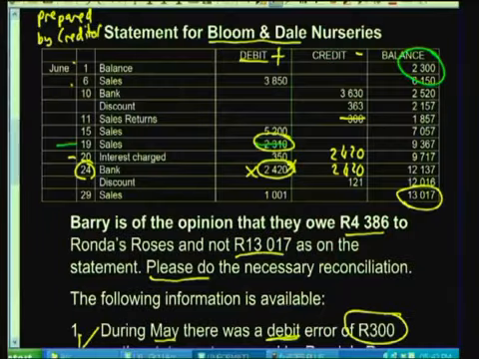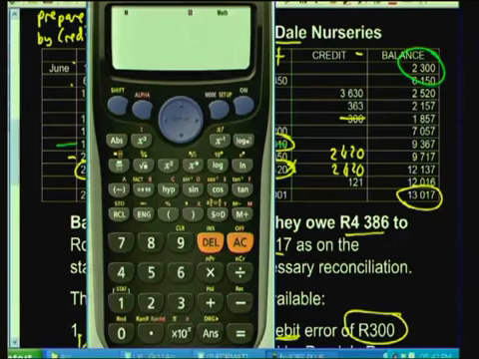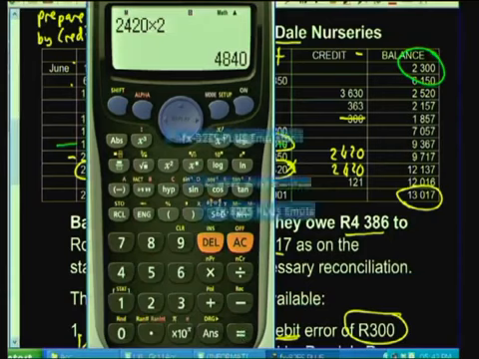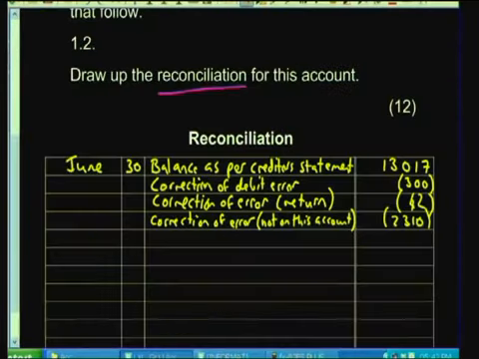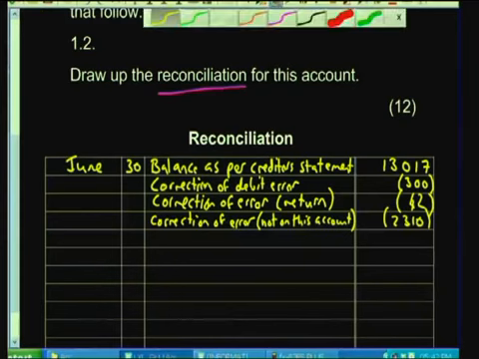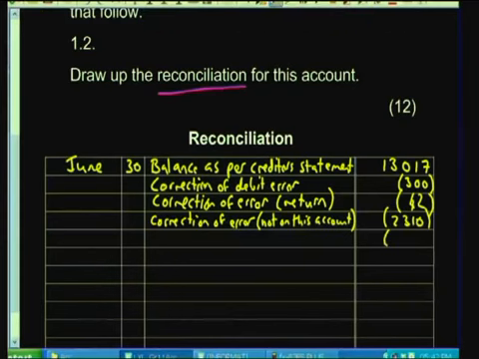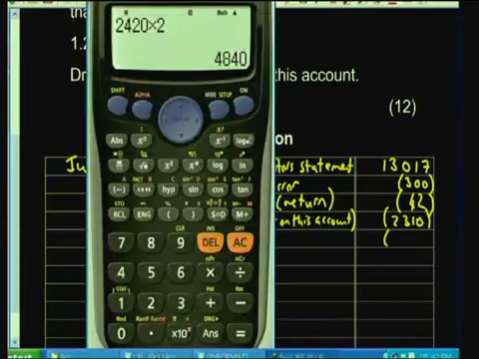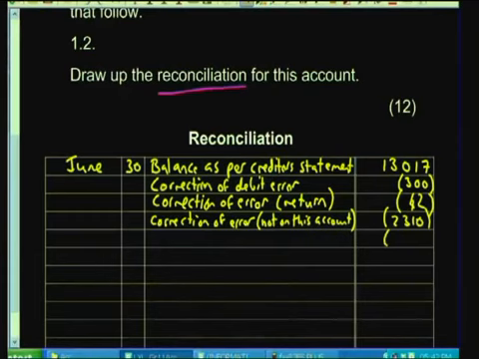When you see something that was recorded on the wrong side, double it and put the amount on the correct side. So you see I have to make two entries of 2,420 over here. So I have to actually make 2,420 times 2. I must subtract 4,840 from the amount that they think we owe them. The way I do that must be done on the creditors reconciliation statement. I have to put the amount of, here it is, 4,840 Rand